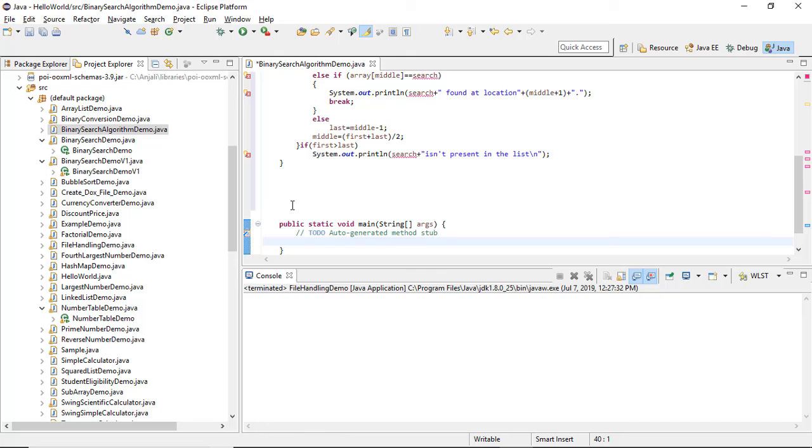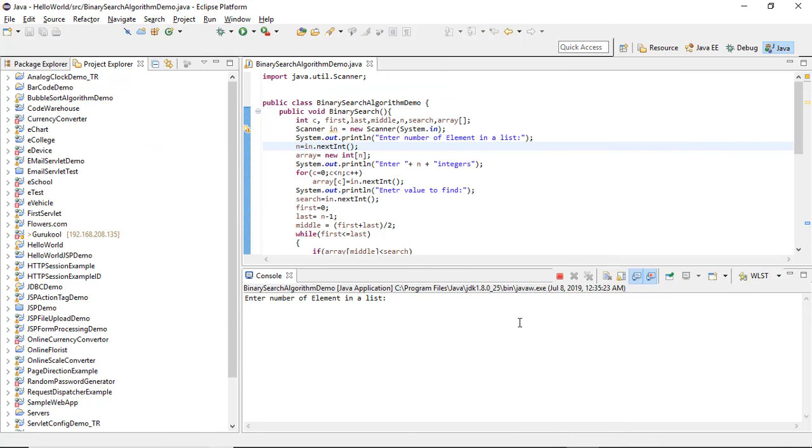We call the class. First we need to make the object, and look at the execution of binary search algorithm demo. It asks enter number of element in a list. So suppose I gave 6. So now you can enter the 6 integers and make sure you enter the sorted